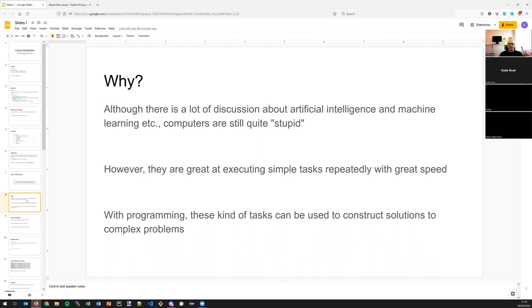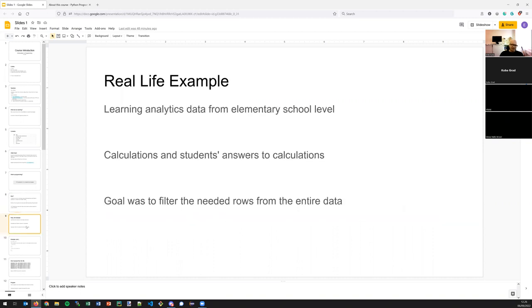And by those simple operations, when we combine them creatively, we can construct solutions to rather complex problems. And so programming can be a great tool for solving problems that are difficult to solve by any other means. And I'm going to show you an example. This is something I've been doing rather frequently, but